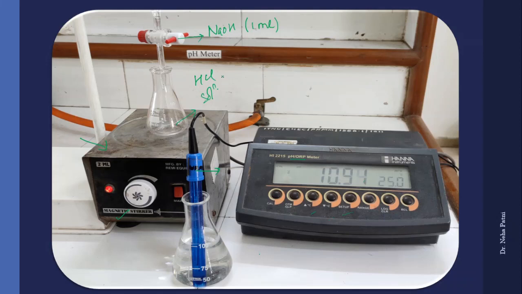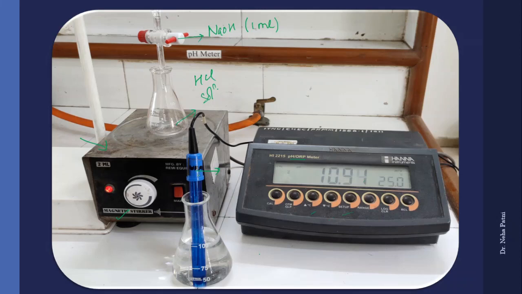since acidic is less than 7, basic is greater than 7 in the pH range. So if you keep on adding base to an acid, it will neutralize it, right? So the starting pH would be low and later on it will keep on increasing. So this is a general setup of the pH meter. Now coming one by one to each portion.